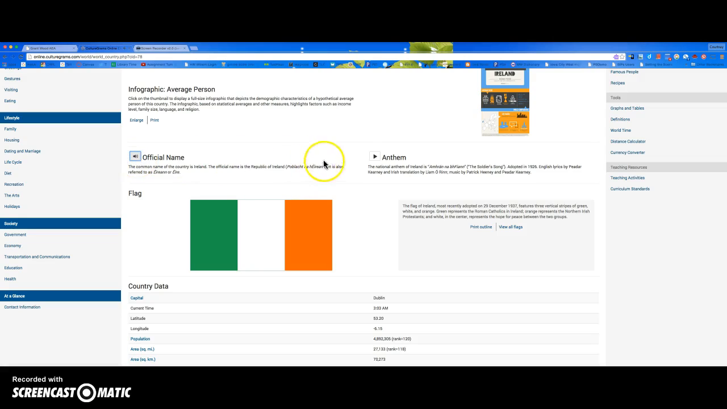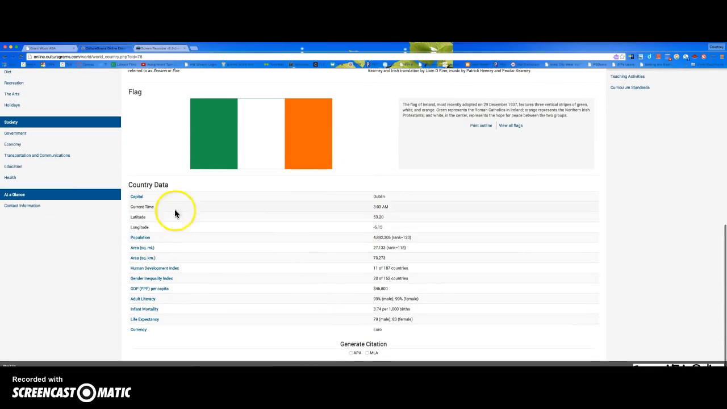Ireland. You could listen to the national anthem if you wanted to. Or if you needed to print a flag or color a flag, you could print its outline. And then there's some basic country data at the bottom of each home page. And again, here's the citation generator, so you can click on the format that you need. In this case, Cedar Rapids Schools uses MLA, so you would choose that one and generate and copy the citation